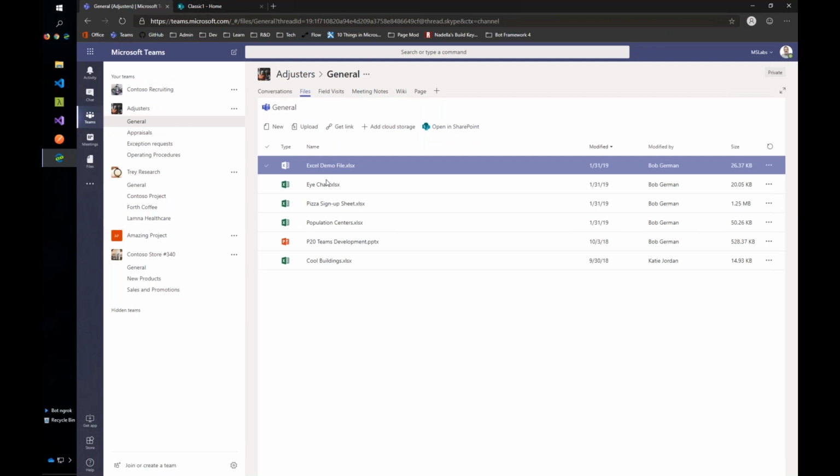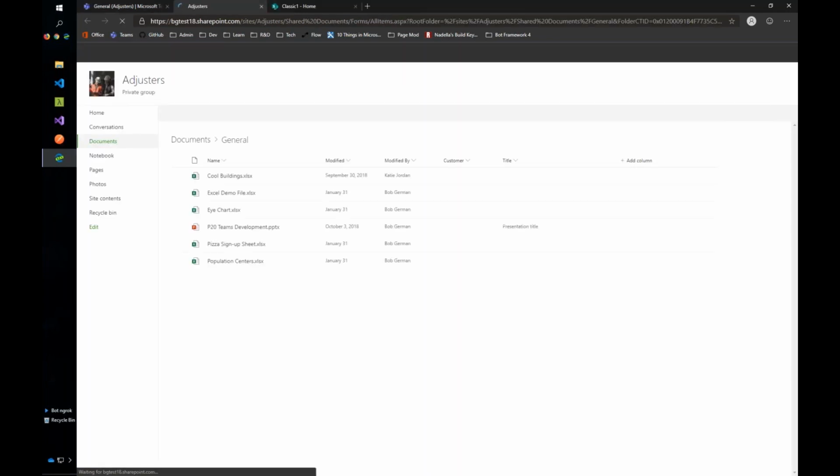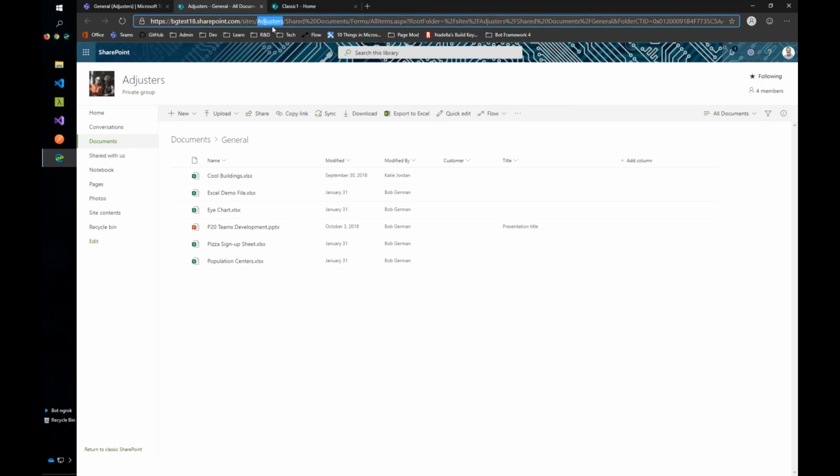Now, if we want to take a peek under the covers, all I have to do is click Open in SharePoint right here, and it's going to bring me into the SharePoint site associated with that team. Notice the URL up here. There's the name of the site. It's the same as the name of the team, and it's the same as the name of the Office 365